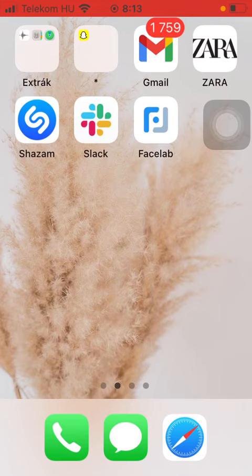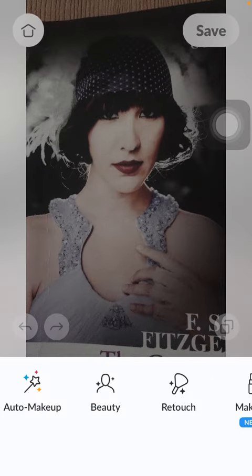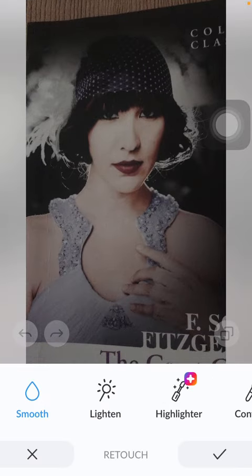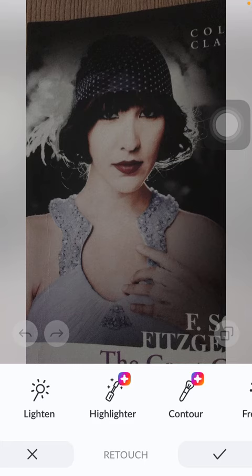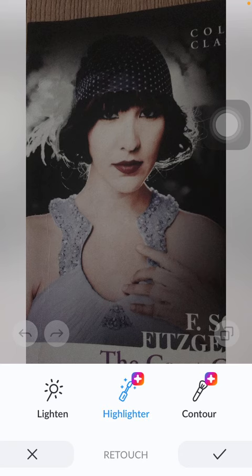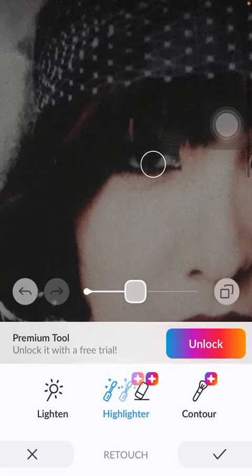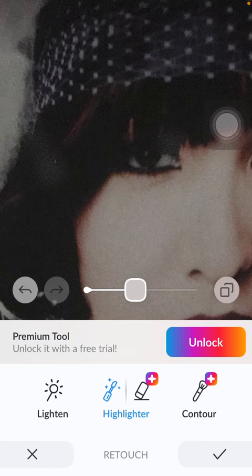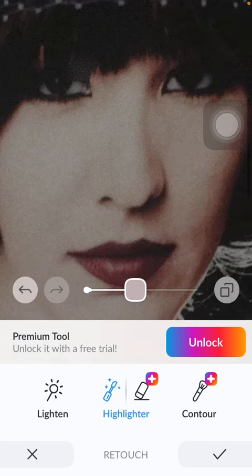First of all, open the application on your phone. Tap on a picture that you want to edit and click on the retouch button down below, which is the third option. After that, slide to the right side of the screen till you find the highlighter function, so tap on it. Zoom in for more precise application and apply highlighter to areas that you want to emphasize and highlight,